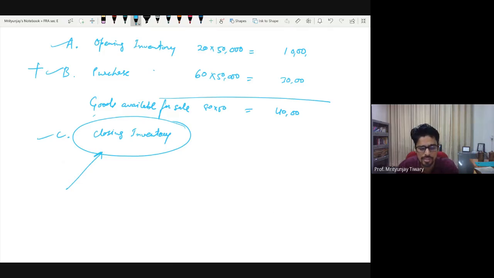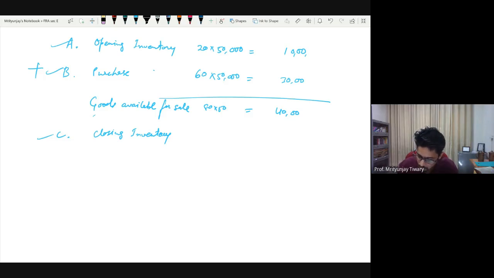Have you ever noticed that at the end of an accounting period, some of the businesses remain closed? They will say stock taking is going on, that's why the business is closed. Anybody ever noticed it? Yes, sir. Yes. This is what they are doing. Basically, they are counting what they are left with. So you will go to your godown and count, okay, these are the chairs that are left with me. Of course, this is a simplistic example made so that you can understand the process. But whatever is the complexity of your business, this is what you will do. You will go ahead and find out what you are left with.